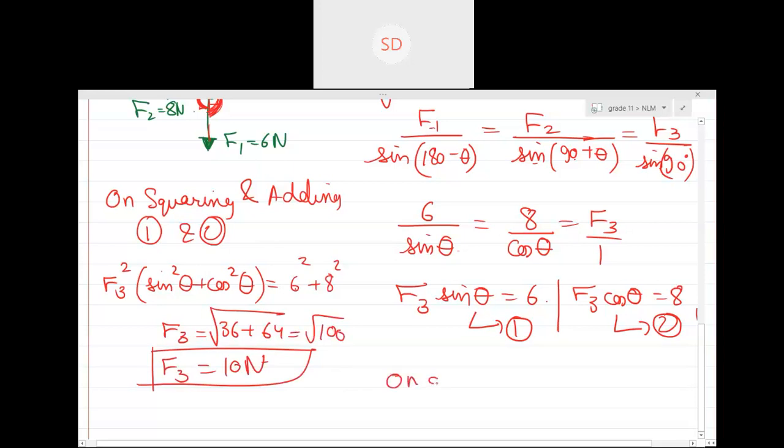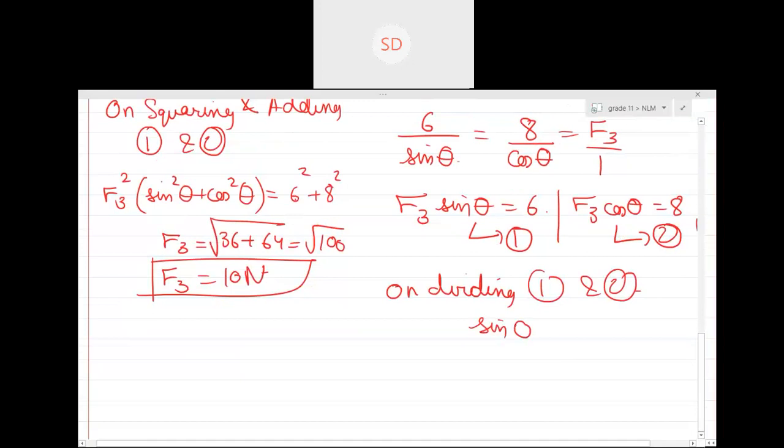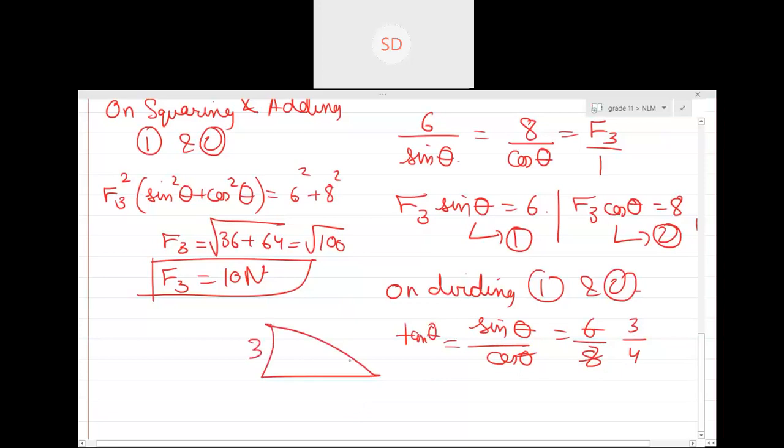On dividing 1 and 2, can you see F3 and F3 will get cancelled out with each other? So sine theta upon cos theta is basically 6 upon 8, and this is equal to tan theta. So tan theta is 3 by 4. So if I make a triangle 3, 4, 5, then tan theta is 3 by 4, and the 3, 4, 5 triangle, if you remember, has 37 degrees. And the answer is,